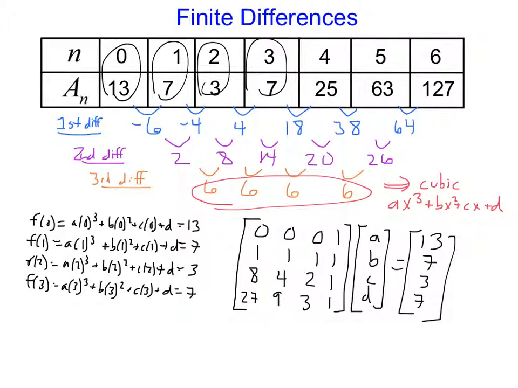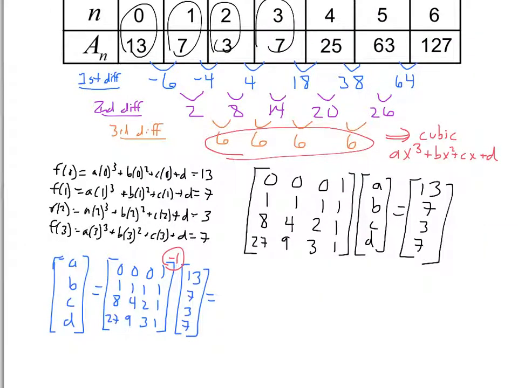Okay, so now we're going to try to solve this. Well, multiply by the inverse matrix to get to the other side. We wind up getting that a is 1, b is negative 2, c is negative 5, and d is 13. So that means our whole equation is f of x equals a, which is 1, x cubed, plus a negative 2, so I'm going to write that as minus 2x squared, plus negative 5, so minus 5x